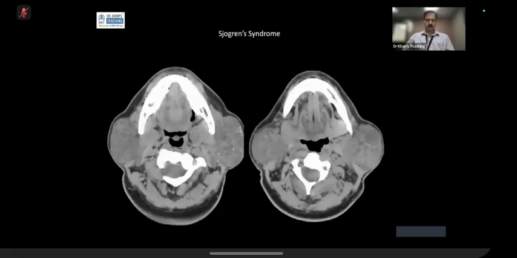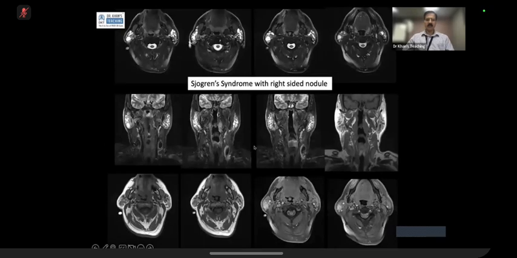Now, this is another case, which is CT scan, and which is more gross, and you can see this destructive parenchyma with cystic dilatation, a bit of calcification bilateral. Another case where you can see these ducts which are dilated, and with that, in this particular case, actually there is a nodule here, which enhances. This is a fat saturated